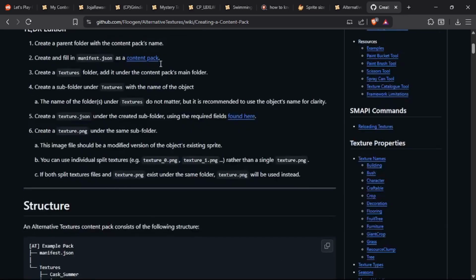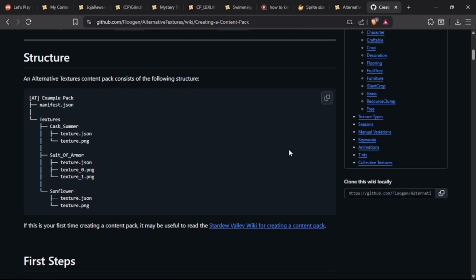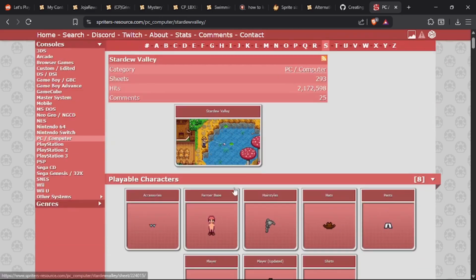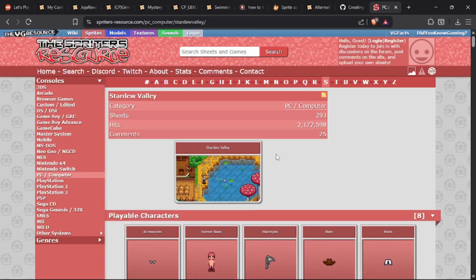So there's a lot more information here. We'll hop back and forth between here so I can show you some more things, but that's all we really need to know to get started. Now all you have to do is just decide on what you're going to bring into the game. And once you have your idea, then you're going to need to know more details about how large the image needs to be. So you can check out this website,